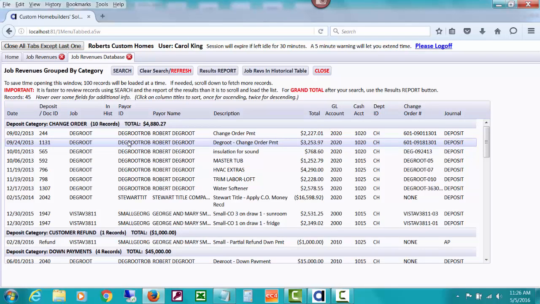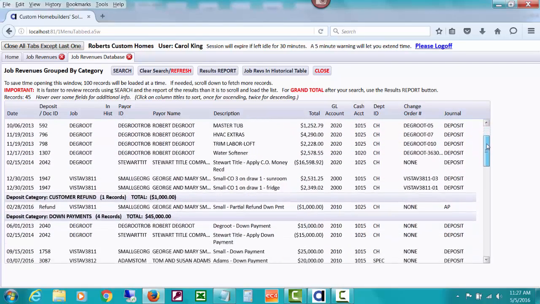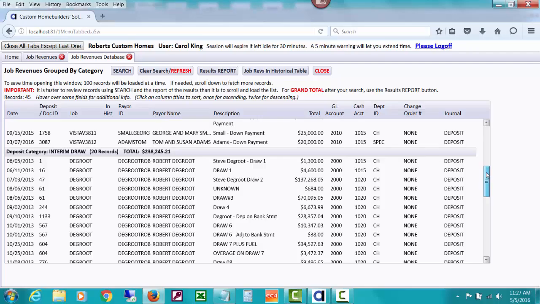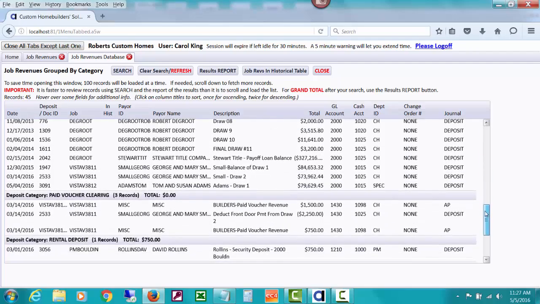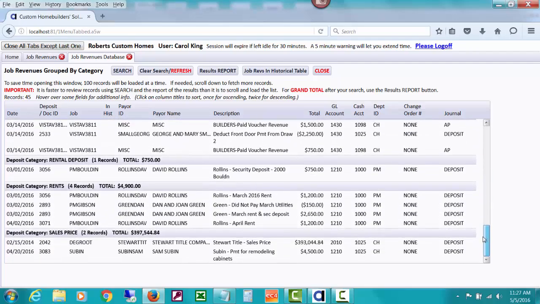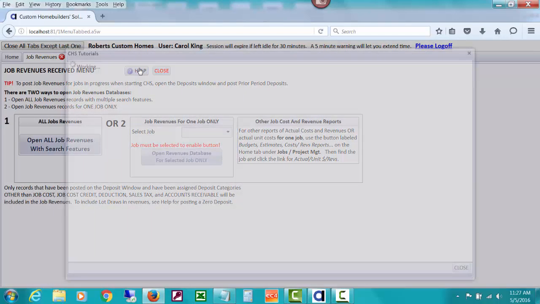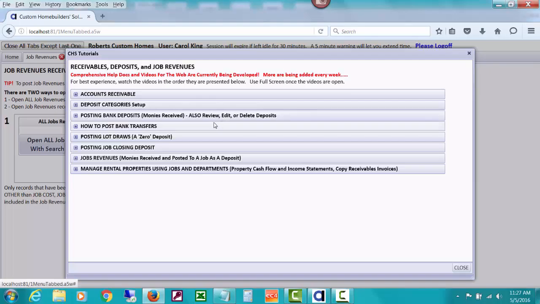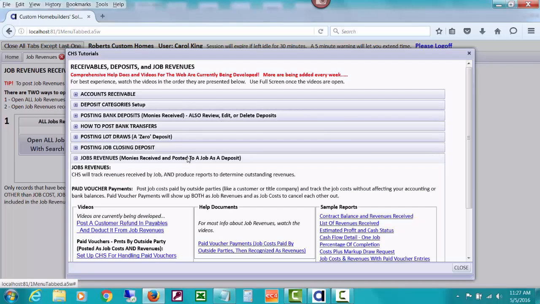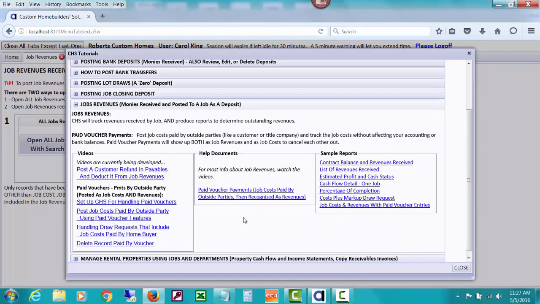Like I said, you could look for just one job real quickly the other way, but I wanted to show you this is all records that have been posted on the deposit window, etc. And a couple more that might show up are if you use paid voucher revenue, paid vouchers in payables. And if you go here and look at the help, you'll see that when you click on job revenues, there are also some videos about paid vouchers,